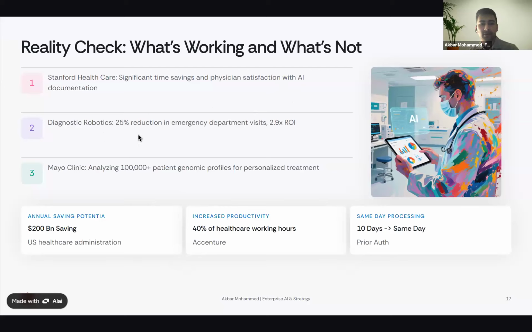The second one is diagnostic robots. If you have a very modern facility, you will see that most physicians will carry a tablet, and as soon as you enter the room, the tablet is actually powered by an AI. It will actually recommend a bunch of questions to you based on how the patient is responding, and you get to decide whether you listen to the AI's recommendation or you actively think about adapting to that situation. What this has led to is a reduction of